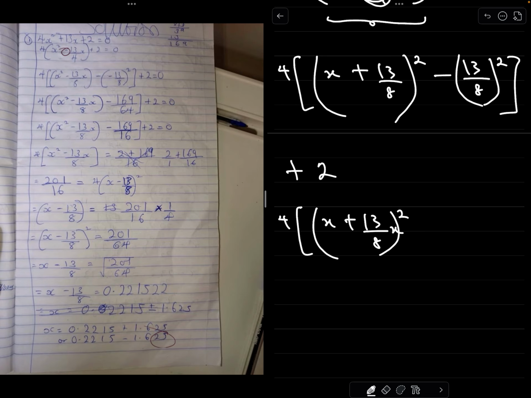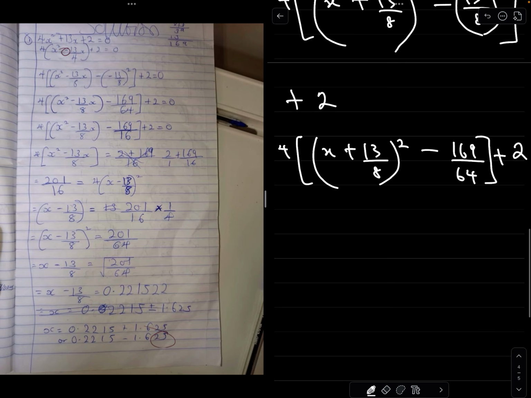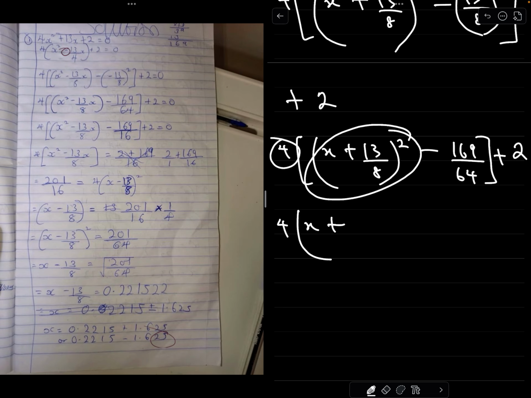Don't put an x here. Minus, now the square of 13 over 8 is 169 over 64. You close the bracket again and put the plus 2. Then you can open the bracket now. 4 times the whole of this will be 4 into bracket x plus 13 over 8 all squared minus, when you do 4 times